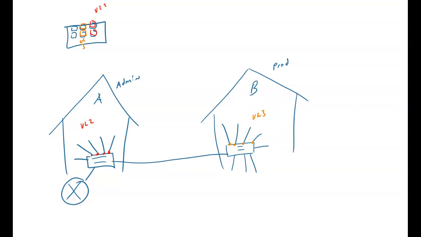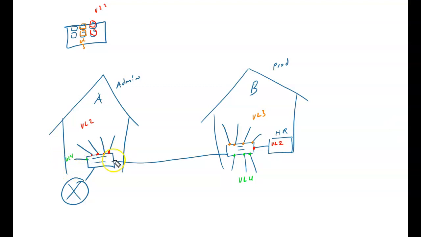Let's do something here. I'm going to put an HR office, a human resources office, over here. And the PC in here, since HR is an admin, I want this port to be a VLAN 2. And to make it even more difficult, let's make a VLAN 4 over here. And just for fun, let's put a VLAN 4 over here. Well, now what do I do with this port?